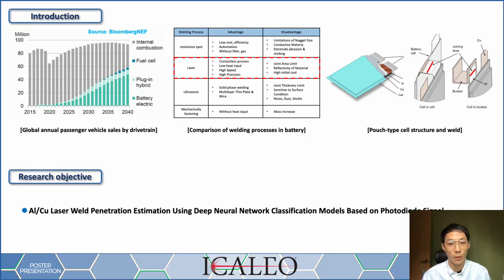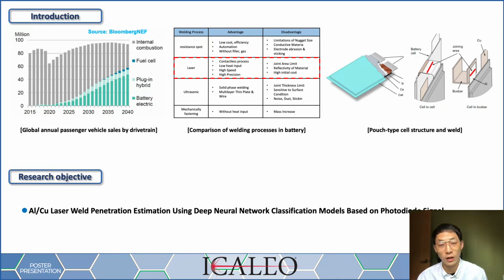As you can see above, the welding processes of the battery production processes include resistance spot welding, laser welding, and ultrasonic welding. Because laser welding can achieve a faster process speed compared to other processes, many battery processors are trying to replace other processes. The experimental purpose of this study is to classify the class of penetration depth through photodiode